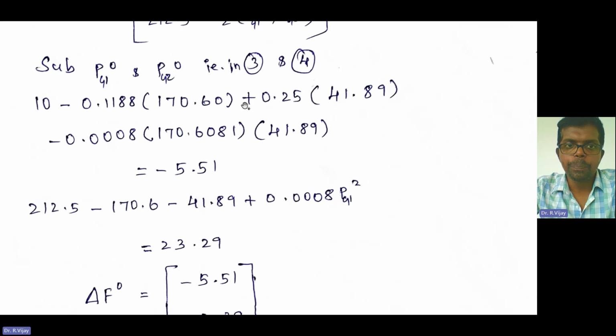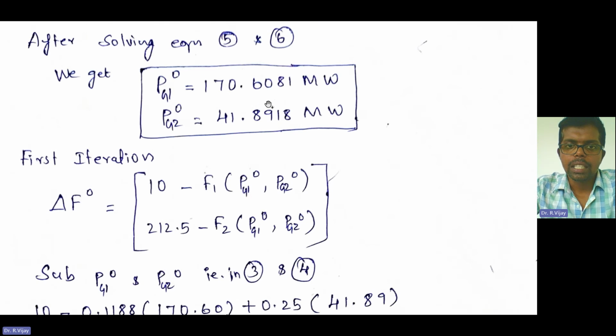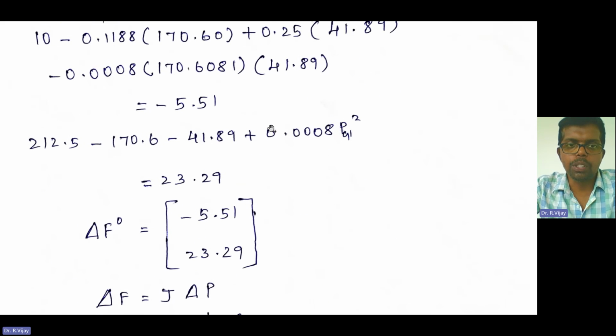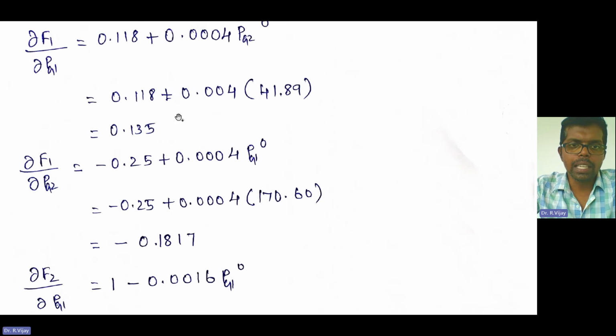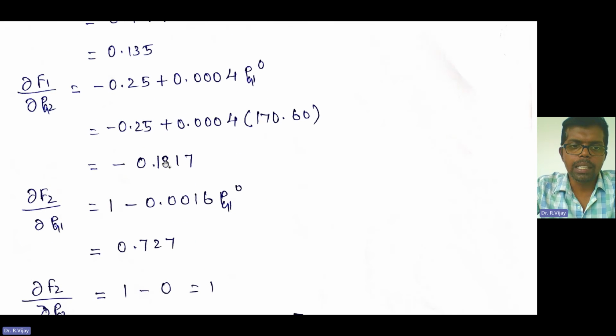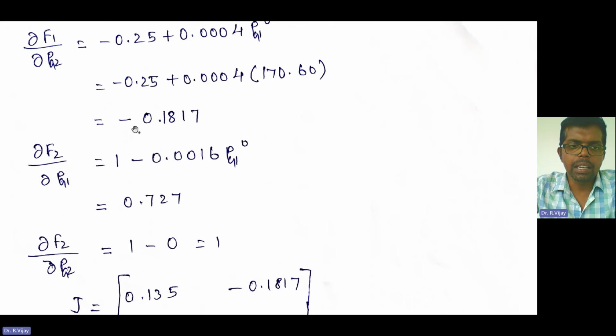We have these initial values, and we need to substitute them over here. After substituting, you will get the answer as 0.135. That is, ∂F1/∂PG1 is equal to 0.135. Similarly, ∂F1/∂PG2 uses the same equation, and we are substituting PG1 naught, 170.60 megawatt, and we are getting the answer